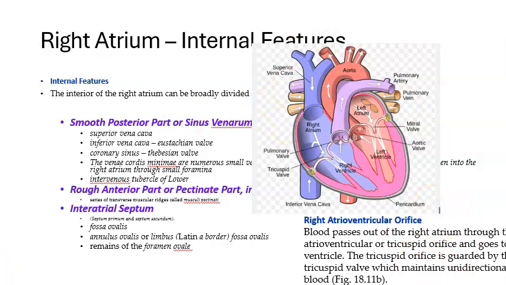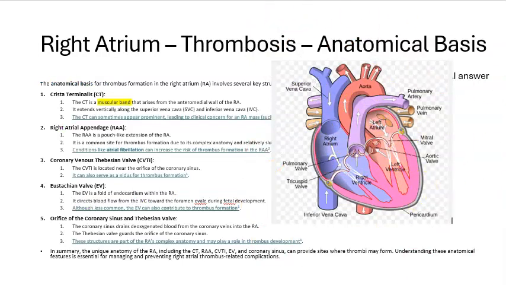the interatrial septum itself has what? It used to have the foramen ovale, in the fossa ovalis, around which you have the annulus ovalis, etc. So many structures there. You're able to understand. So all these things can be a nidus for thrombus formation in the right atrium. Okay. Then